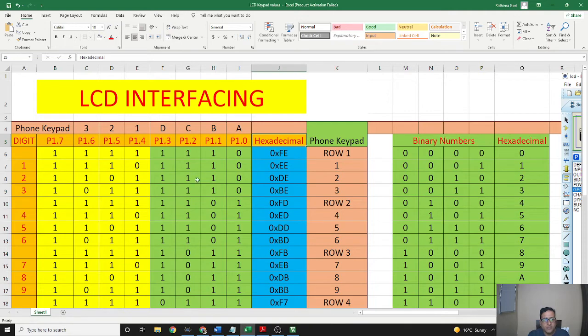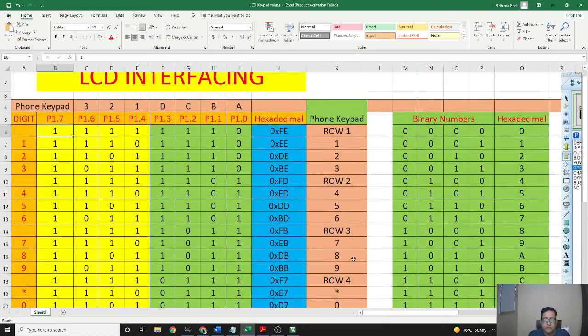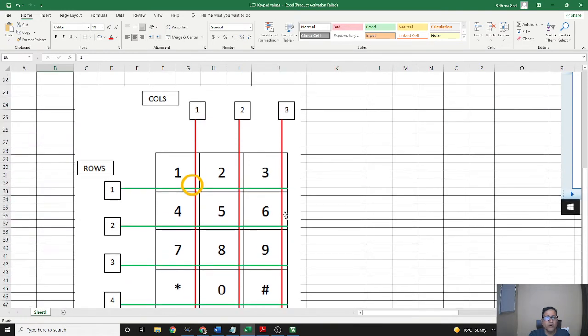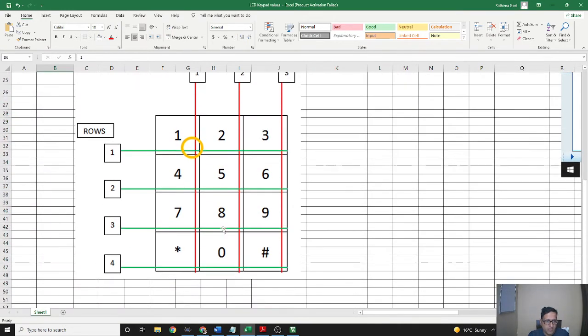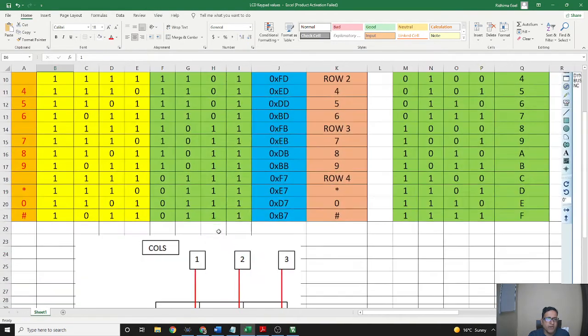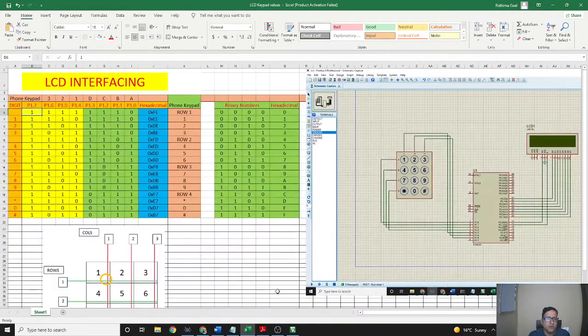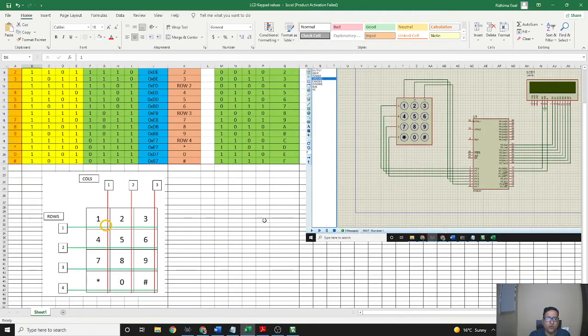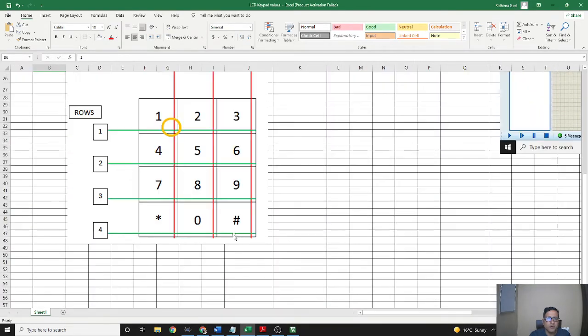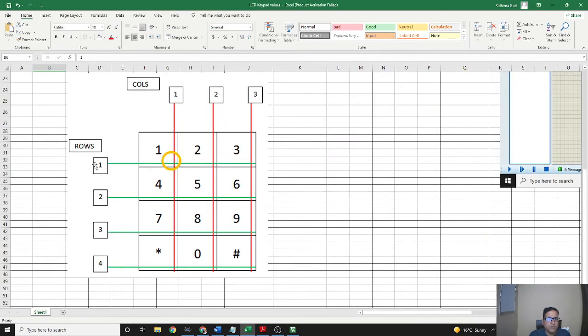So from this, if we see the phone keypad, we can find that there are 4 rows. I will zoom it. Yes, here we can see 4 rows. Firstly we will check row 1, 2, 3, 4, or we can say row 0, 1, 2, 3.